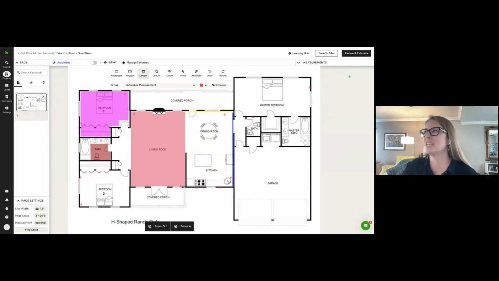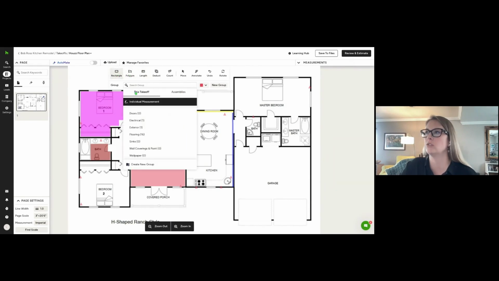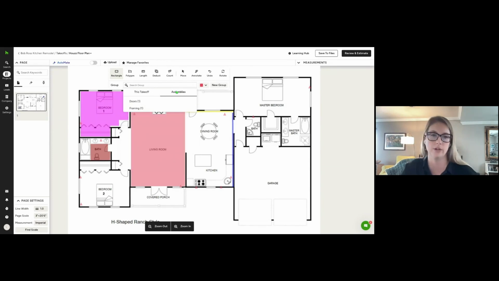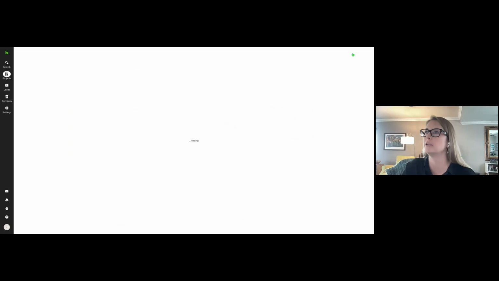Okay. So the takeoff tool, you can also add assemblies as well. When you're in the measurement drawer, you can click between what's on this takeoff and all your different groups or counts you've created or from your assemblies that you have made. And then when you're ready to turn it into an estimate,